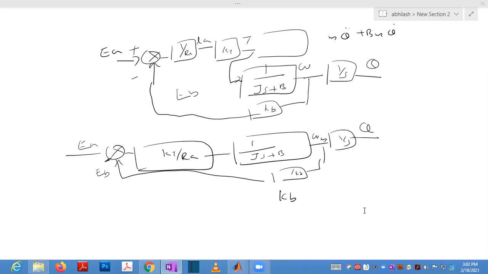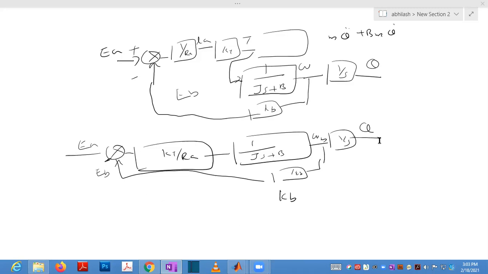It is a natural thing only. If the motor is rotating, then back EMF will directly be generated. So it can be considered as a natural feedback, not an artificial feedback. Whatever motor is available, it has this natural thing. You are not measuring anything from there and feeding back. So in a control system, feedback means you are sensing something and feeding that back. That is called a feedback phenomenon. This is natural only.